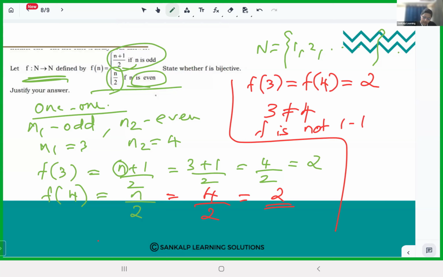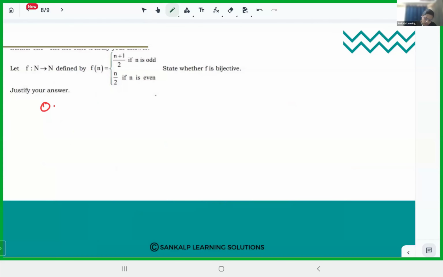Now what do you have to do? We have to check whether it is onto or not. So the second part is whether it is onto or not. Here there will be two cases: one is when n is an odd number and the other is when n is an even number. So first of all, take n as an odd number, so take an element n from N such that